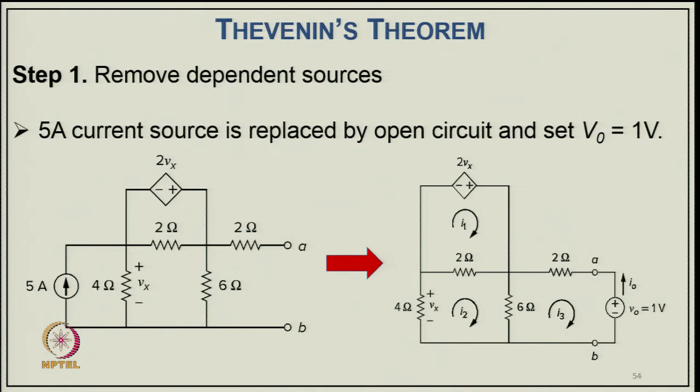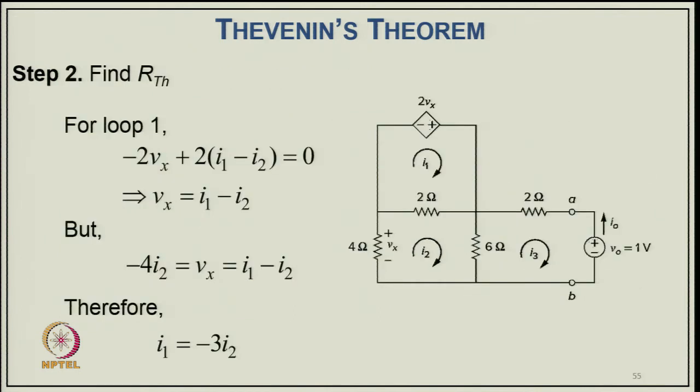So, here we are making the circuit open, and now we are keeping the 1 volt source here, and we are solving this total circuit. From the loop equation in this loop, we get minus 2 V x plus 2 times I 1 (the current in this direction) minus I 2 (the current in the opposite direction). So that gives V x equal to I 1 minus I 2, and in the second